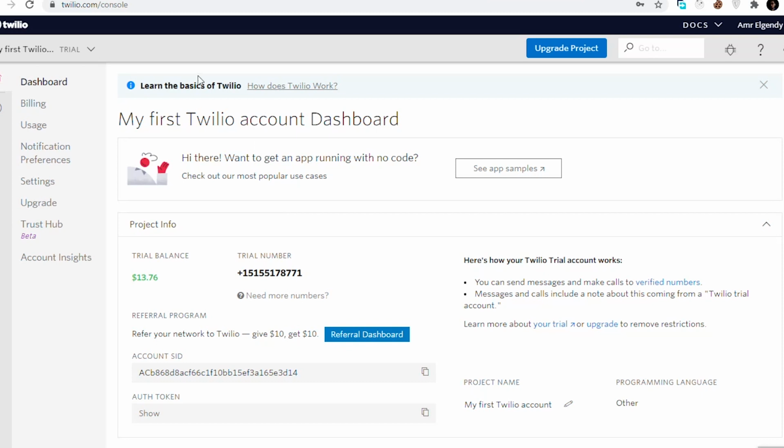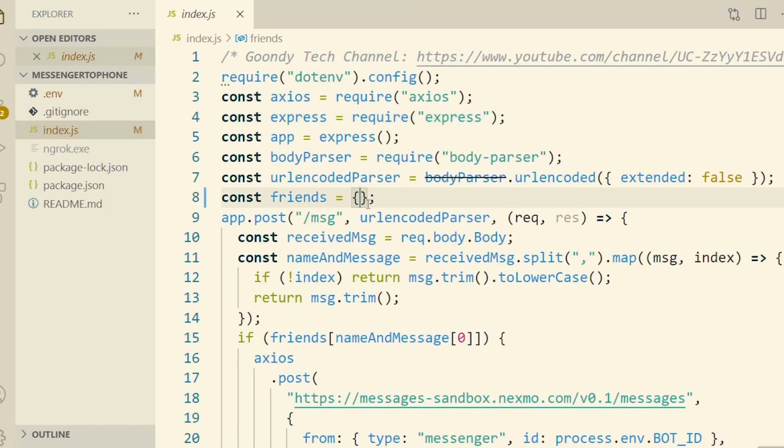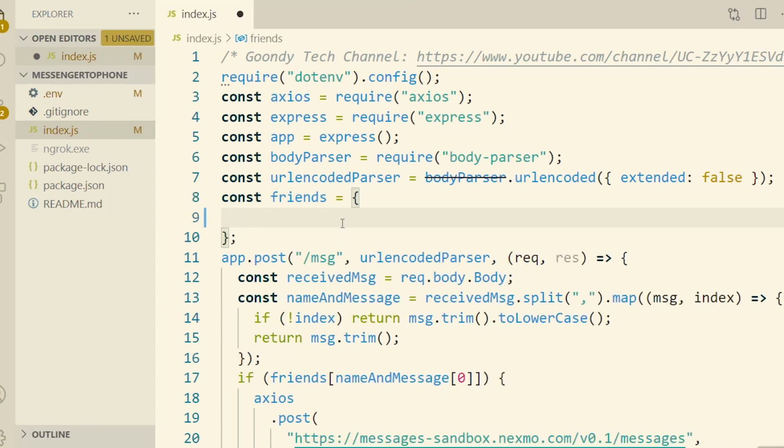Then go to your Twilio account. You will find here in the dashboard the account SID and auth token. Copy both of them. And that's it. The .env file is now ready to use. Now I'll flip to the index.js file. All you have to do here is to declare your friends in the friends object. I will hit enter. Here you can add your friend's name and the corresponding value, which will be the ID of this friend.